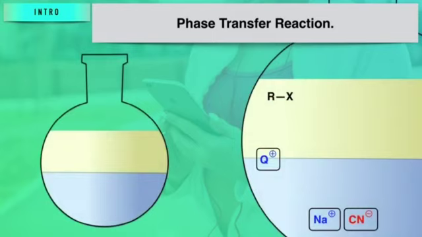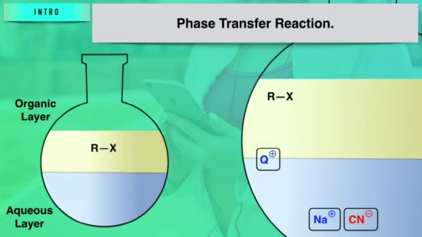Let's see the illustration of the phase transfer catalyst as shown on the screen. On the left hand side figure, you have a separating flask where the aqueous and the organic layers are immiscible with respect to each other, clearly shown with the help of the dotted line in the center. In the organic layer there is alkyl halide, here 1-bromo-octane, and in the aqueous layer there is sodium cyanide. In the next step, we are adding a small amount of quaternary ammonium salt.